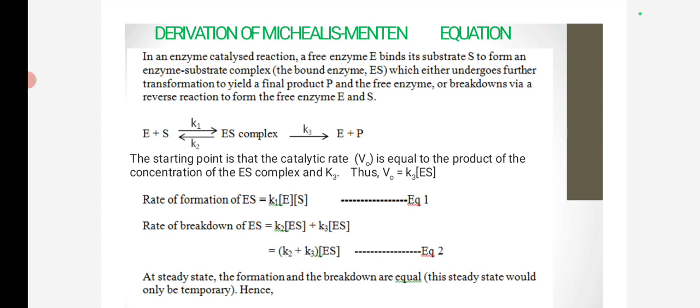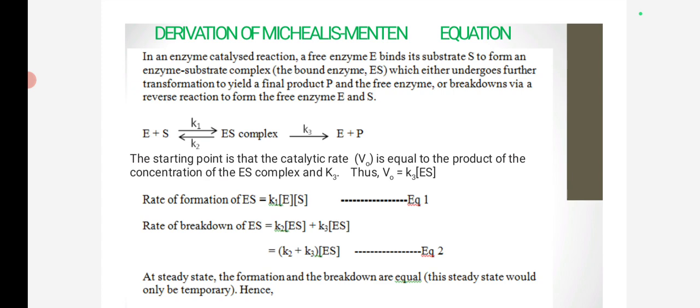The reaction is enzyme plus substrate, in the presence of rate constant K1, forming the enzyme-substrate complex, and the reverse reaction, in the presence of rate constant K2, forming enzyme and substrate. Otherwise, the enzyme-substrate complex further proceeds, in the presence of rate constant K3, to form finally free enzyme as well